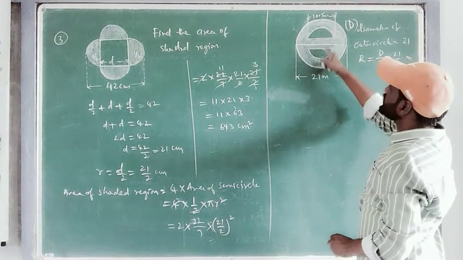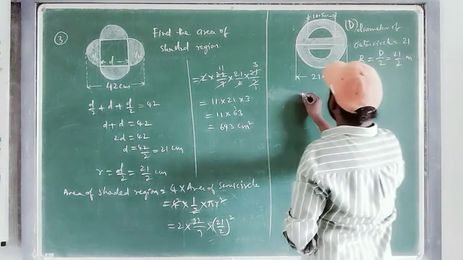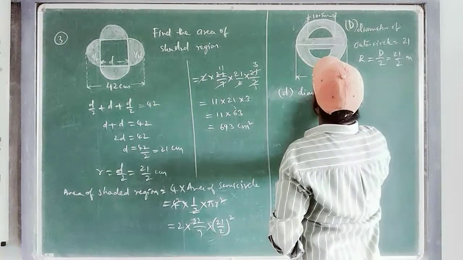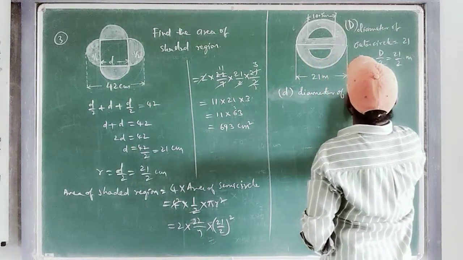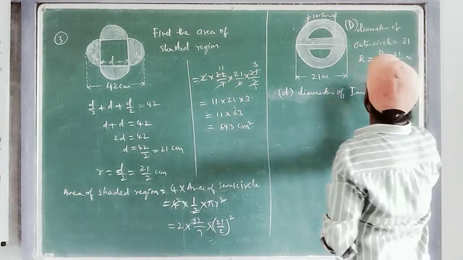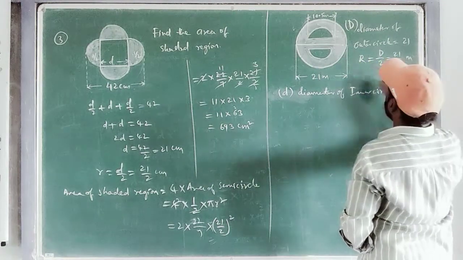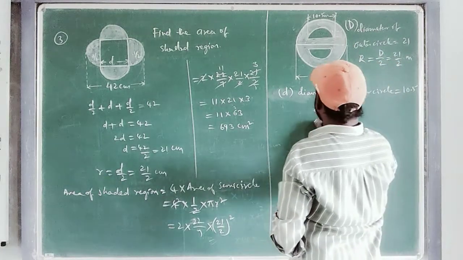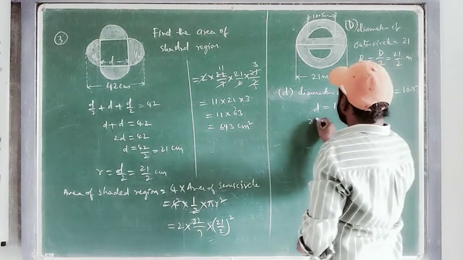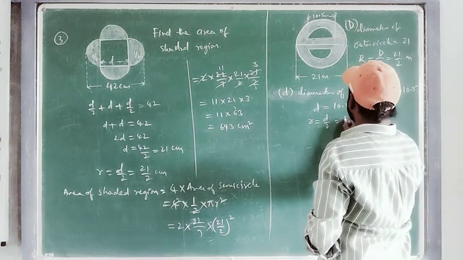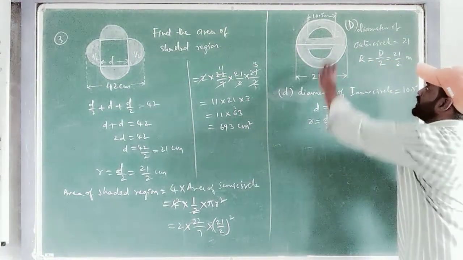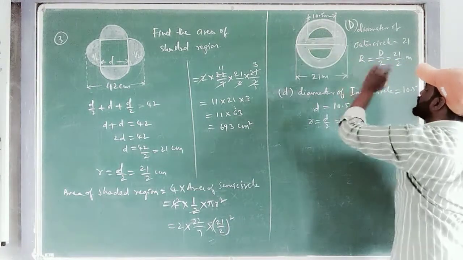Now the inner circle is also there, inner circle diameter. I am mentioning it as small letter d. So diameter of inner circle, how much is given? 10.5 centimeters. So I am writing it as d. d is equal to 10.5. Now from this the smaller radius, that is equal to d by 2, that is 10.5 by 2. Okay. Now radius of the inner circle we have, radius of the outer circle we have.